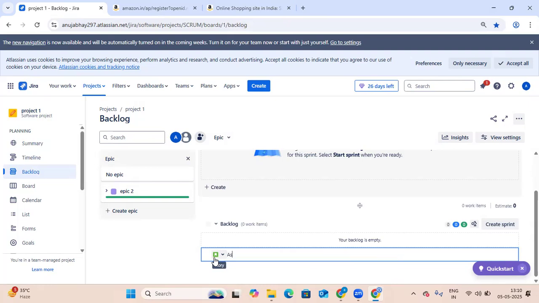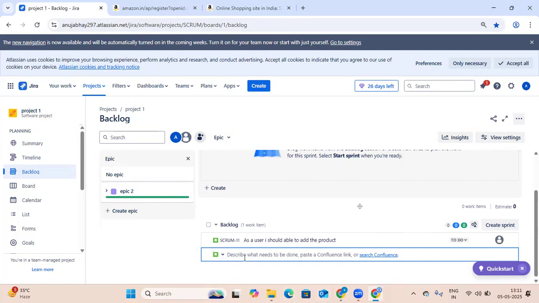As a user, I should be able to add the product. As a user, I should be able to add the... This is basically a one story. Okay. Now